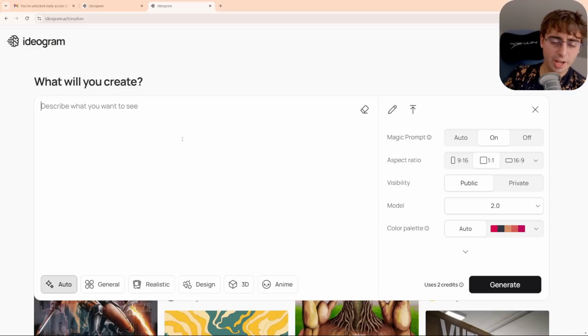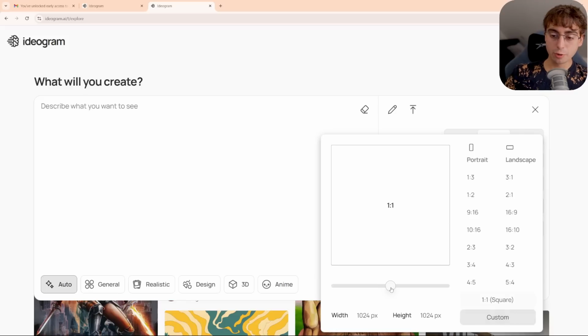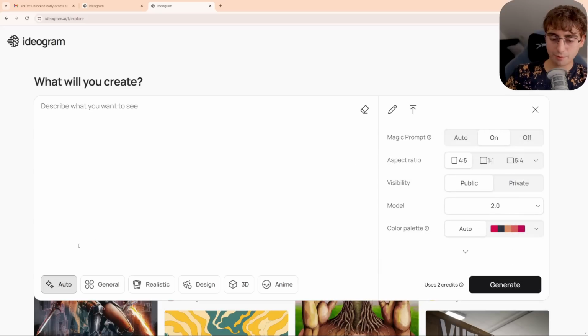Alright, let's get away from the cartoon fruits. I'm sure you guys want to see tests in other categories. By the way, Ideogram AI also has always had a really nice way of doing portrait versus landscape, where you can kind of shape the image exactly how you want. I'm going to stick with a 4x5. For this one, we're going to essentially peg it to realistic mode. Gonna leave Magic Prompt on.